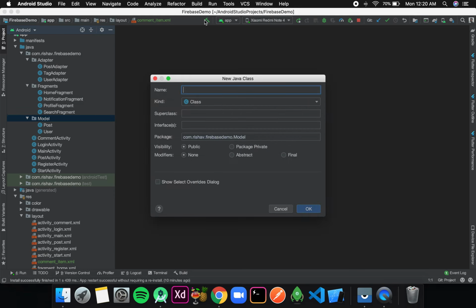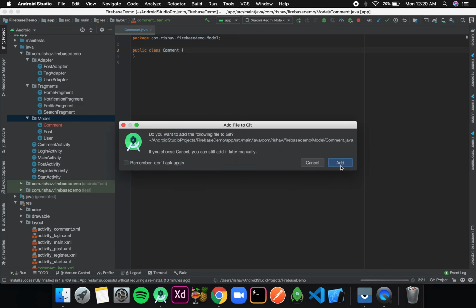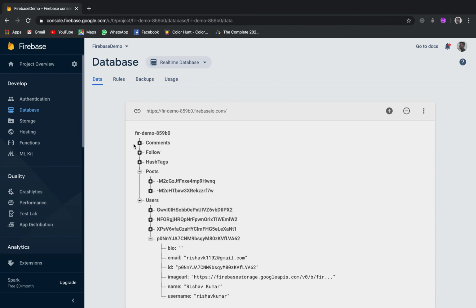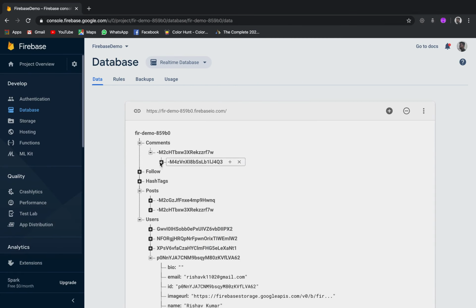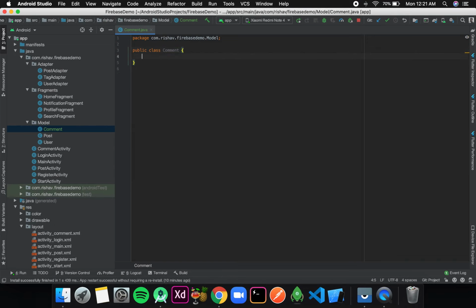So I'll create a Java class, call it comment. Now in our database inside comments, every comment has two values, that is comment and publisher. So over here I'll have two data members, private String comment, private String publisher.